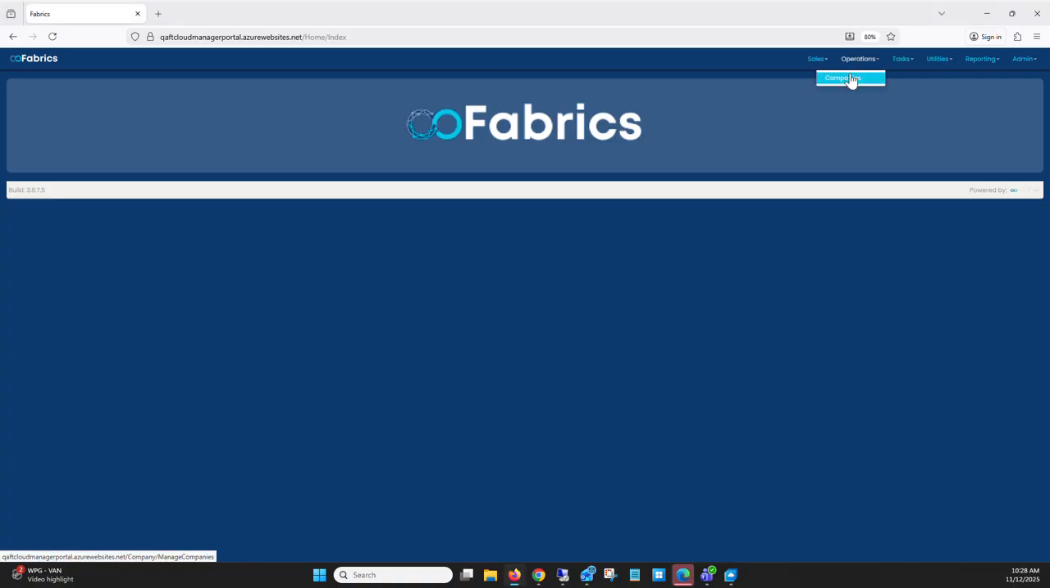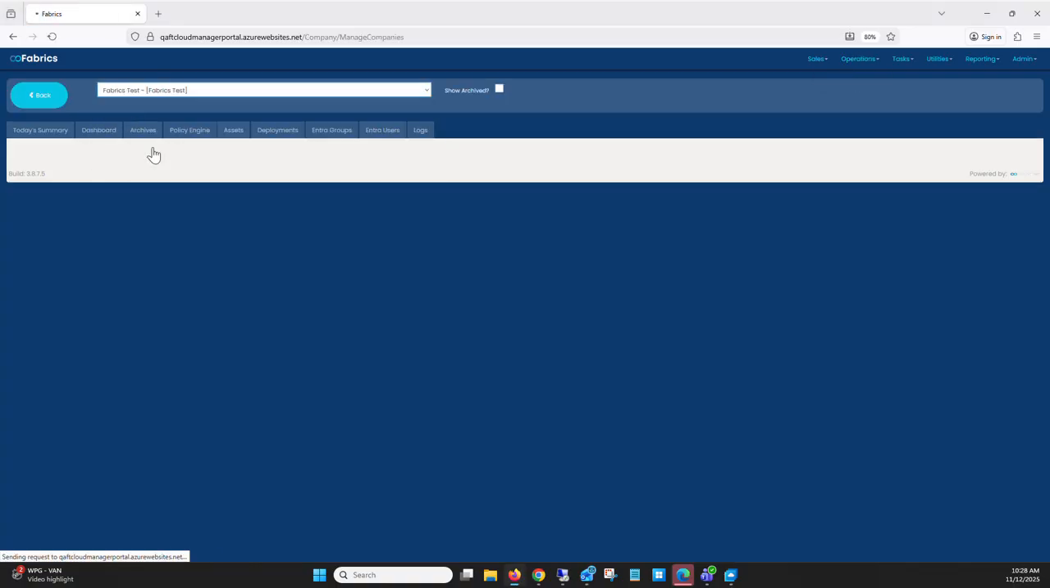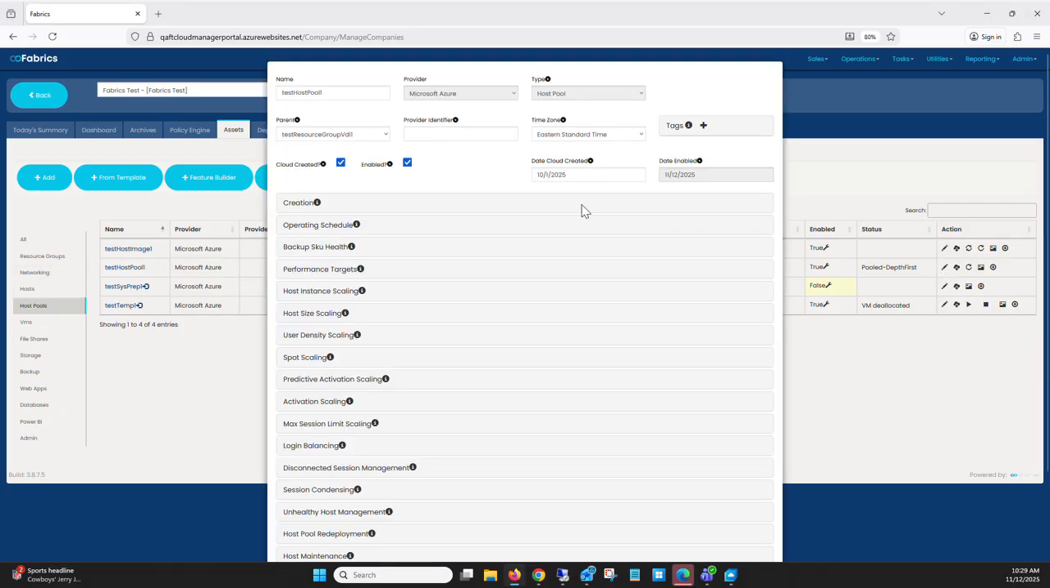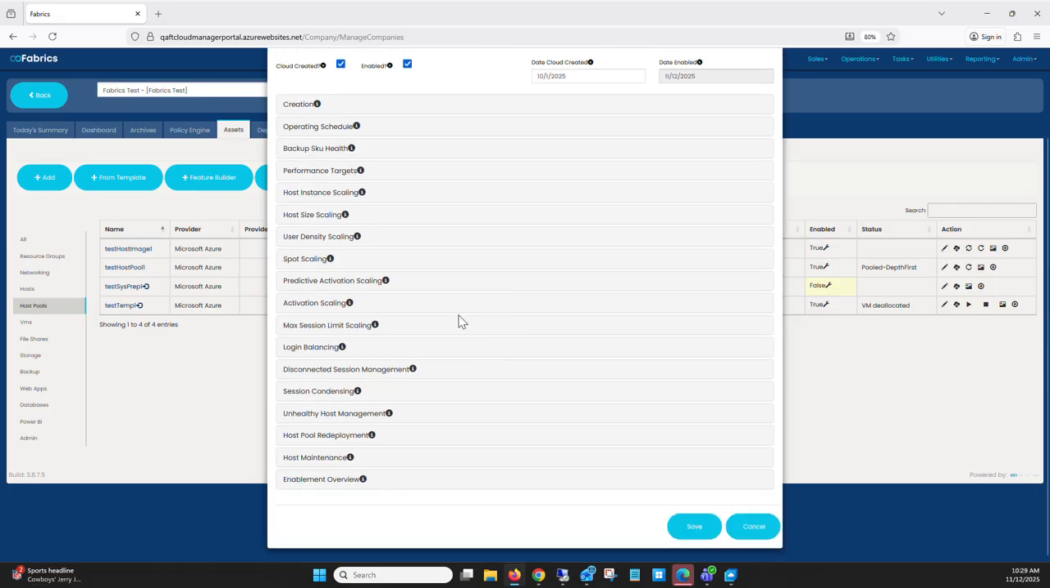So the first thing you're going to do is go to your companies and pick a test company, or whichever company you would like to target. Go to the Assets tab, and then we're going to open our host pool properties. And so here's all of our features, and what we're going to talk about mainly is some health and management features. So the first one we're going to look at is host maintenance,